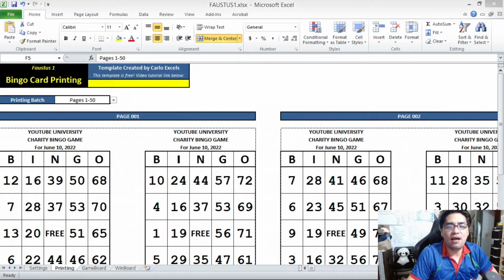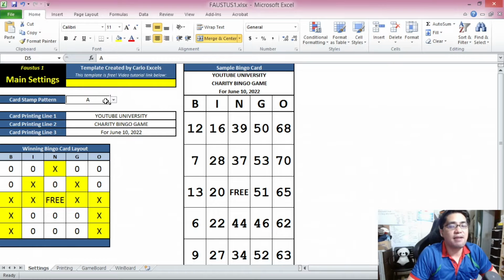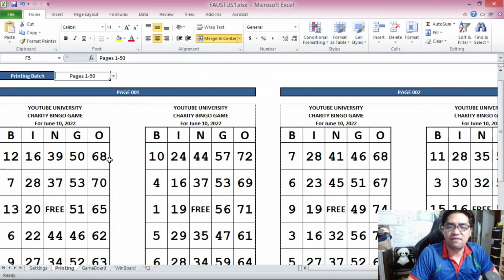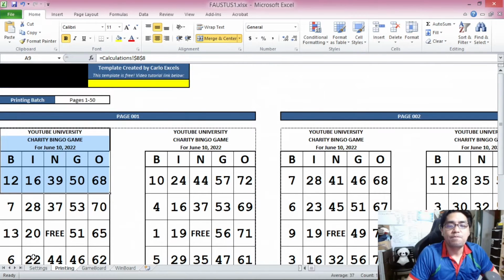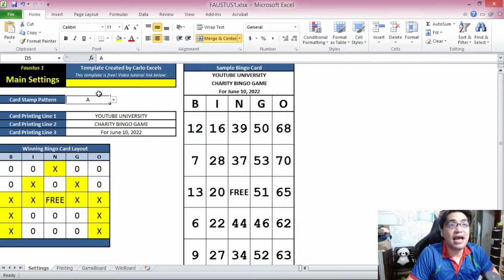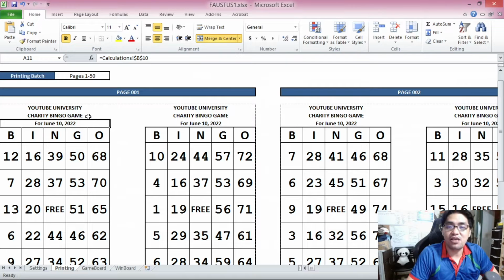Now, let's talk about the card stamp pattern for a moment. So what exactly is the card stamp pattern for? The card stamp pattern adds an additional layer of security to your bingo game. Because if you observe the bingo cards here, the bingo cards are actually standard design, and if you're really trying hard enough, they are very, very easy to duplicate. They're very easy to recreate. So the stamp pattern adds an additional level of security,